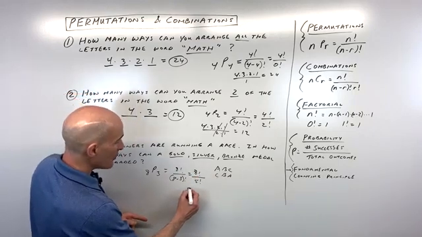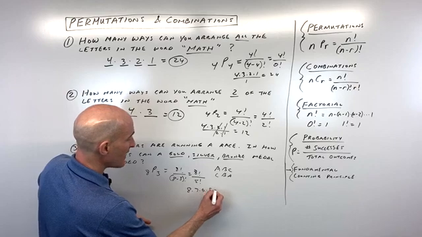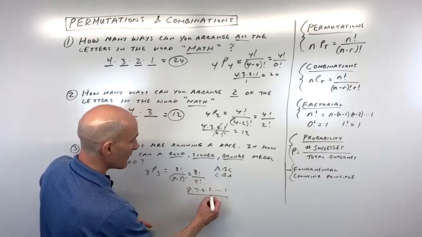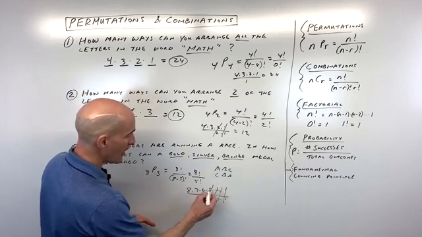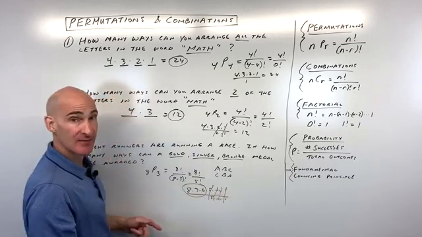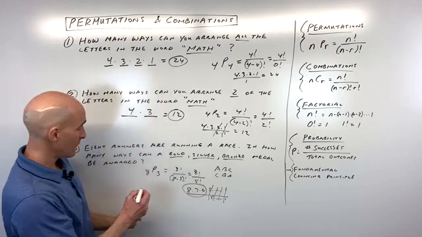And if you expand this out, you get 8 times 7 times 6 times 5, all the way down to 1. And 5 factorial is 5 times 4 times 3, all the way down to 1. So these are going to cancel all the way down. It's just going to be 8 times 7 times 6, which makes sense because if we were to use the